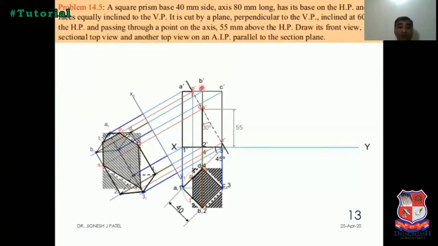AB P, 2B Q, 3C R, 4D S, and DA T. Now project all these points on its top view. First of all, projection of point P. So P is in between A and B, so P is at between A and D. So point P is in here at A and D. Point T is in between A and B, so point T will be here. And point R. Now here on the axis, point Q dash and S dash. Q dash and S dash are on the axis.